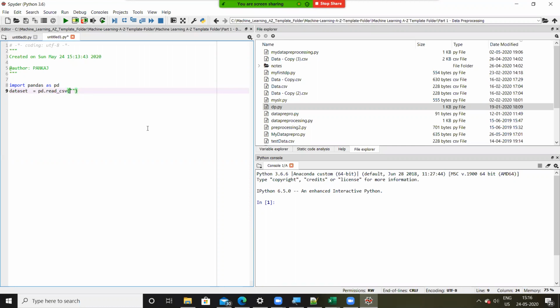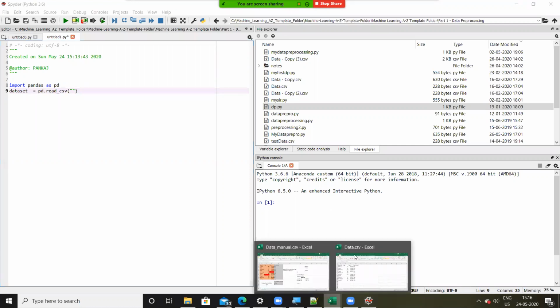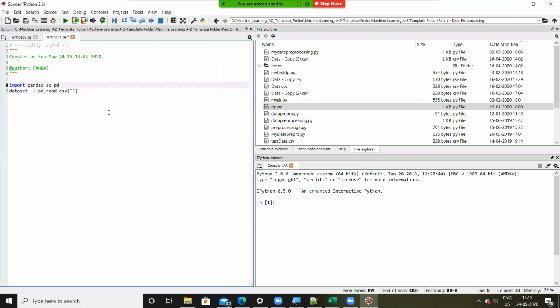To this function, we need to pass the name of the file. The name of our CSV file is data.csv, so we'll pass data.csv here.